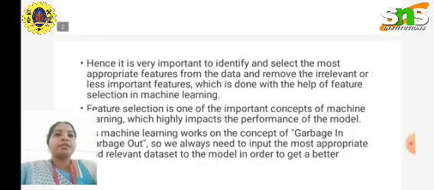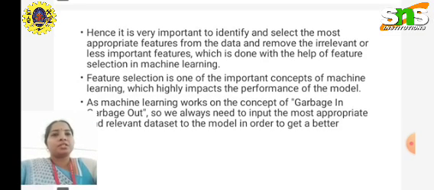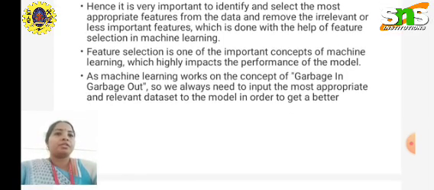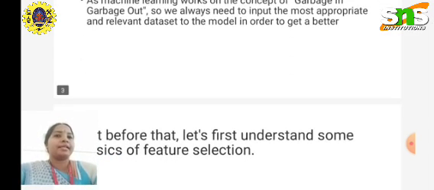Hence, it is very important to identify and select the most appropriate features from the data and remove the irrelevant or less important features, which is done with the help of feature selection in machine learning. It is one of the most important concepts of machine learning which highly impacts the performance of the model. As machine learning works on the concept of garbage in, garbage out, we always need to input the most appropriate and relevant data set to the model in order to get better model development.